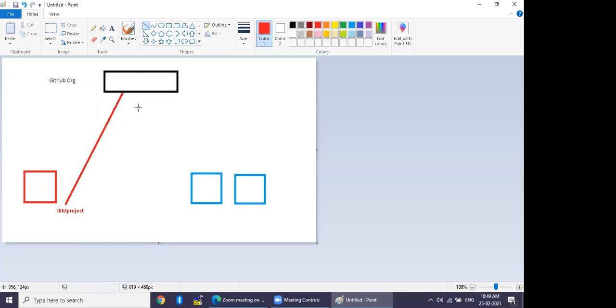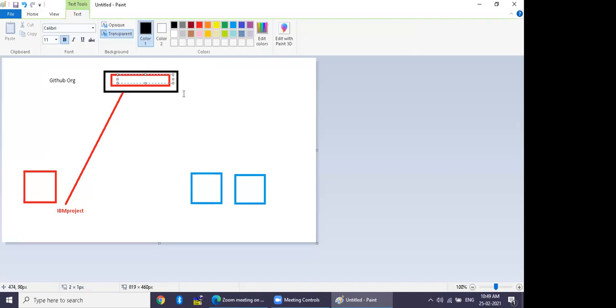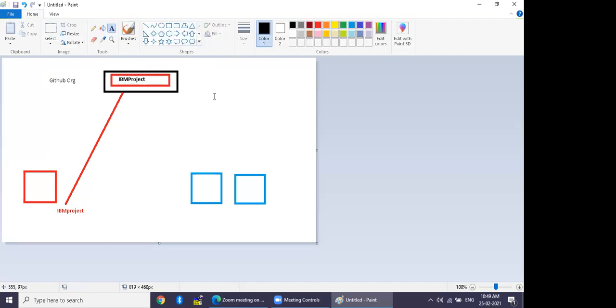When I publish this, this local repository becomes a remote repository on my GitHub organization. So now you have the IBM project repository available as a remote repository.